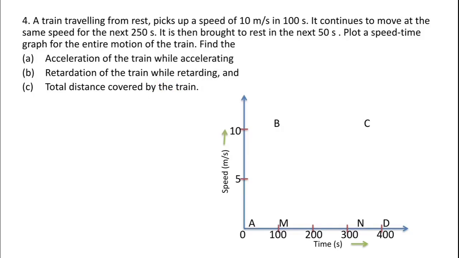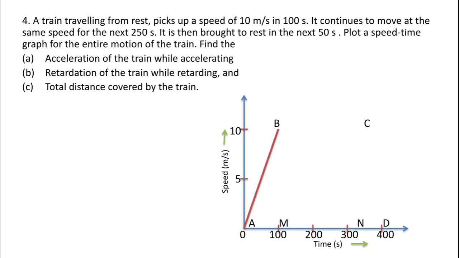As you know, in a speed time graph, we represent time along the x-axis. So you can see here, the time is represented along x-axis with the equal interval of 100 seconds, and speed is represented along y-axis with the equal interval of 5 meter per second. Again from this problem, it is clear that the train starting from rest and after undergoing uniform acceleration for the next 100 seconds, it attains a velocity of 10 meter per second. So the graph for the 100 seconds can be represented as a straight line passing through origin,